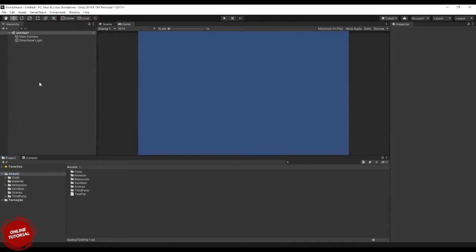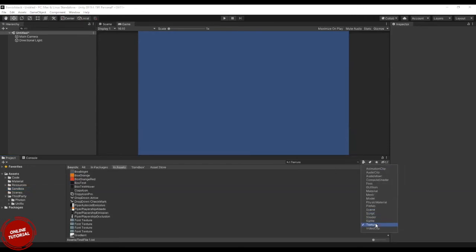And next, if you want to place anything from the project into your scene, you can simply drag and drop the respective asset. For example, let me have any third party, I have these images, filter, textures.